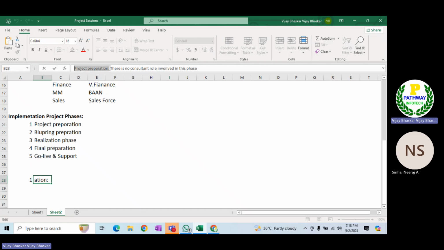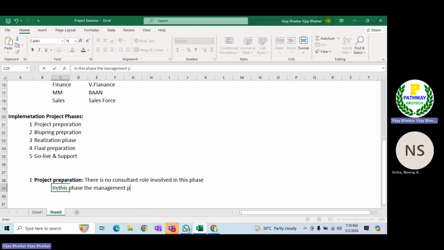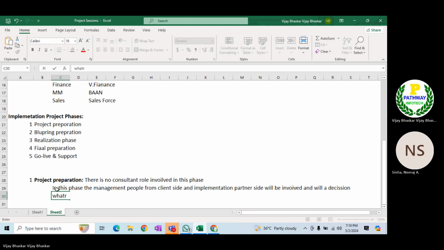Because in this phase, the management people from the client side and the implementation partner side will be involved and will take a decision: what are the modules to be implemented,